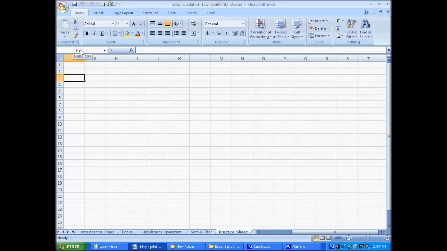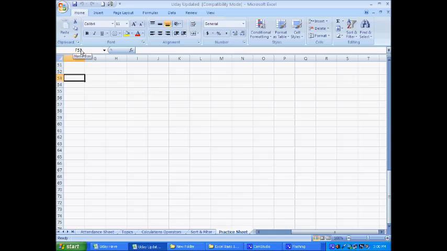On your keyboard, on the right hand side above your arrow keys, there are 2 buttons, Page Up and Page Down. Just press Page Down. As soon as you press Page Down, from row 3 it has gone to row 28. Again press Page Down.